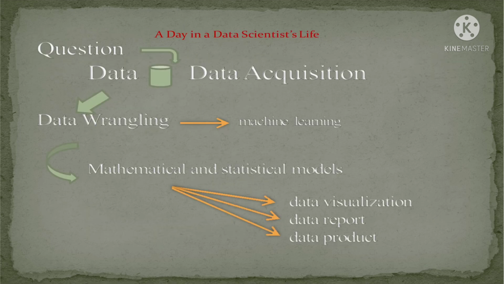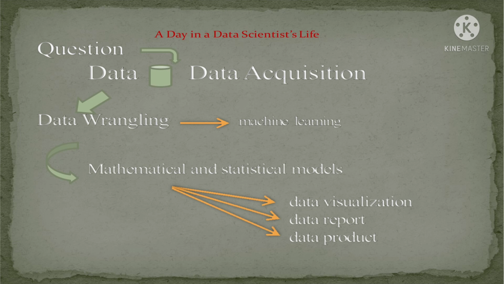The data scientist's life is very busy, okay, because whenever a question arises in the business, the data scientist's work will start. Here, the data scientist will sort out the questions, meaning what is the problem in this business. Here it will collect the data. It will start collecting the data from different sources. Different sources means it will collect the data from social networking sites, plus from news magazines and some news channels also.